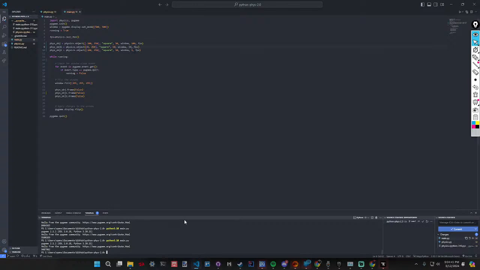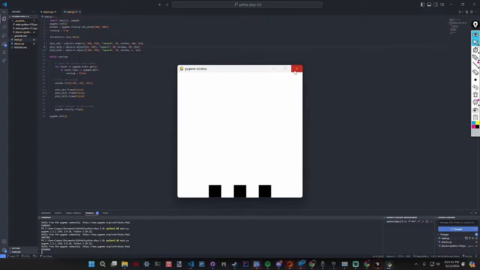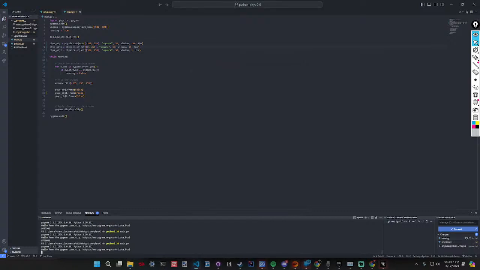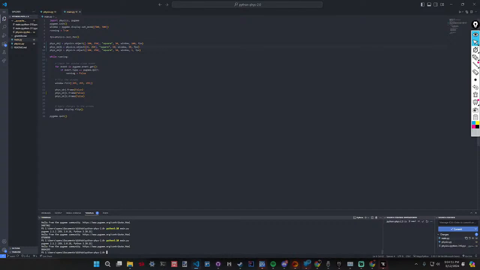So the reason that this is happening is we just have such a minuscule amount of area for this to fall. Wait, it looks like the one at 50 is actually falling slightly faster. I don't know if that'll actually happen in real life. Usually heavier objects will fall faster. Anyway, this is a simulation.